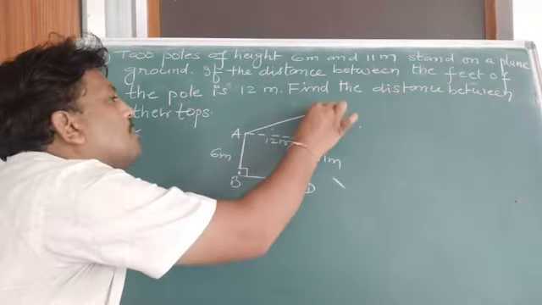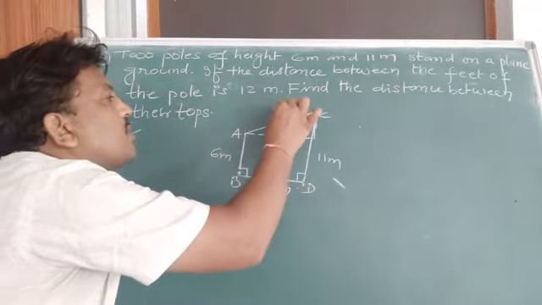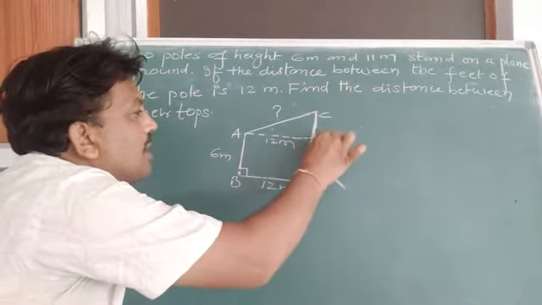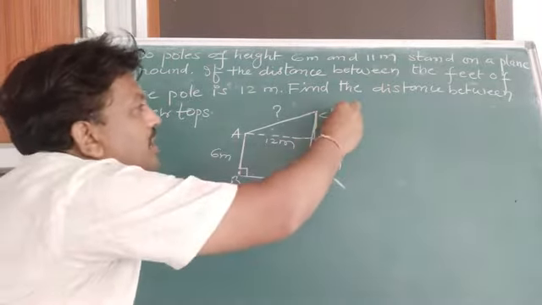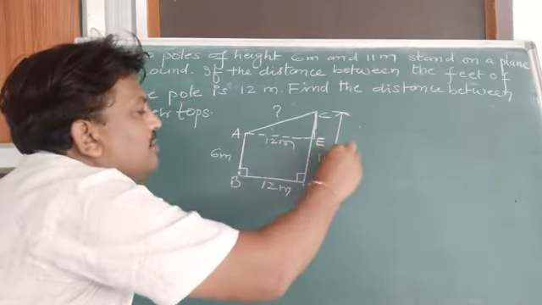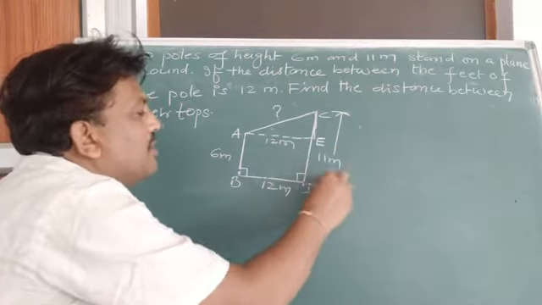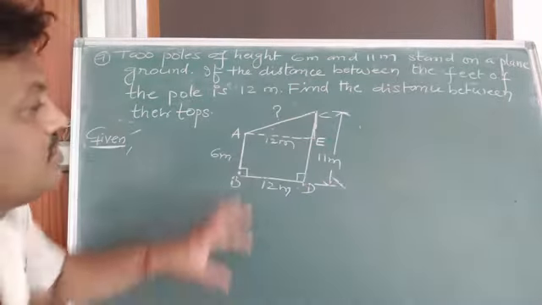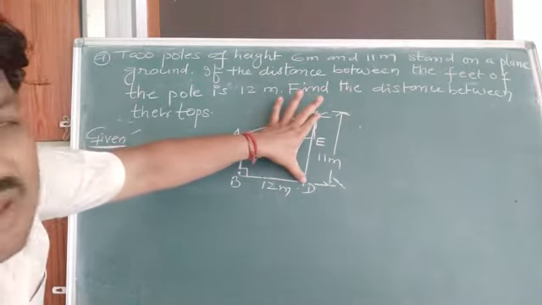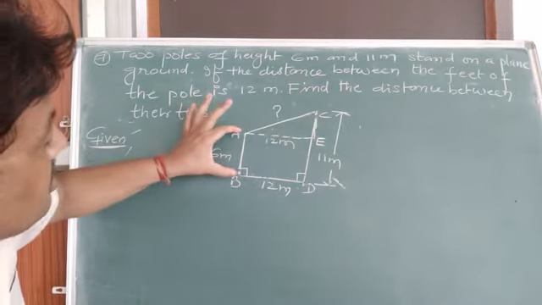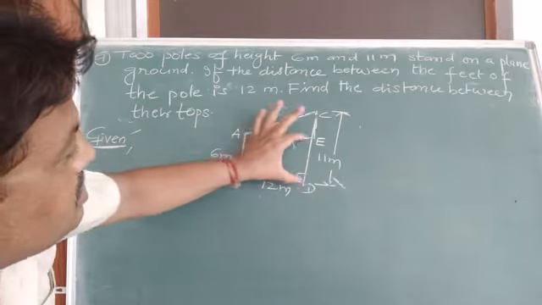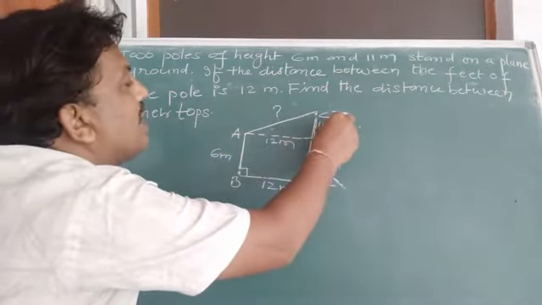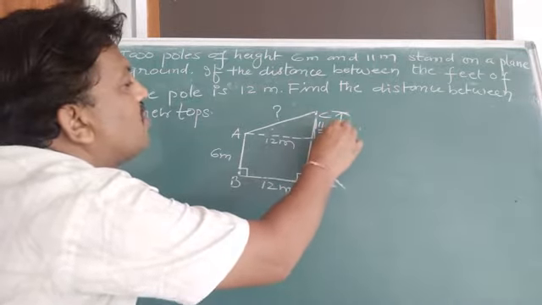Let's join their tops. So you have to find out this top length. Okay, children. So see here, I am naming it here E. Total, from here to here, is 11 meter, children. Here to here 11 meter, and here it is 6 meter. So how much will this be? See children, the total height of this pole is 11 meter, and here this height is 6 meter. Straight to this, this will also be 6 meter. So here how much, children? 11 minus 6 is equal to 5 meter.